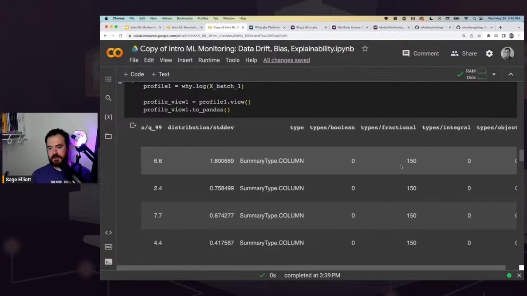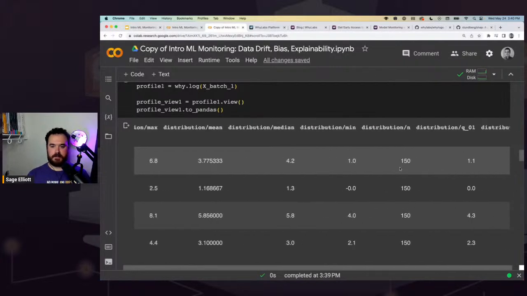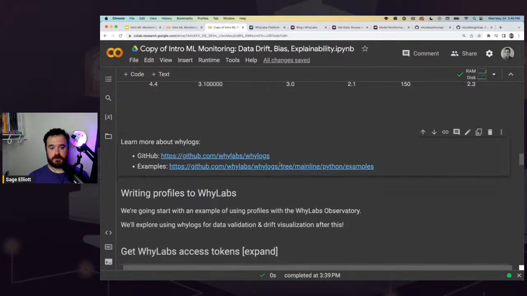And with just these summary statistics, we have a little bit more, like if you want to see if it's a fractional type, which it is because they're all fractions in here. But if you had types like strings as well, those will show up in here as well. And just with these values, you can do a lot around data quality checks to make sure, again, this data is within the range that you're thinking it should be. But also with things like this min, max, median, if your data distribution changes a lot, you're able to actually measure that as well, just with these lightweight summary statistics, which is really cool.